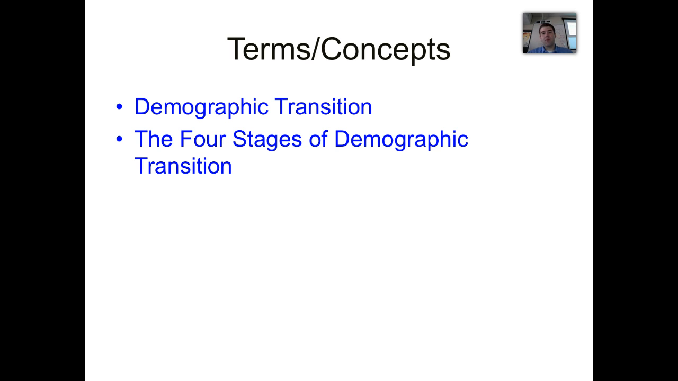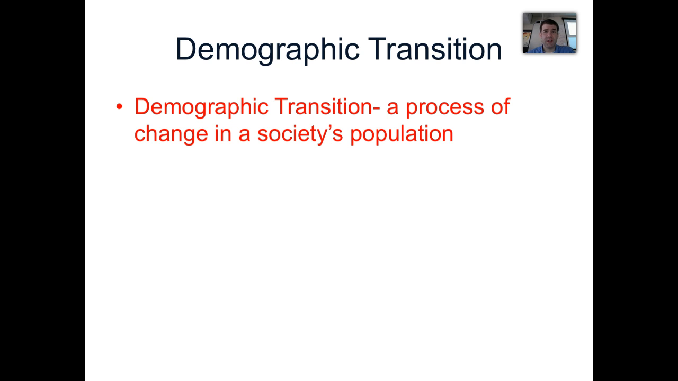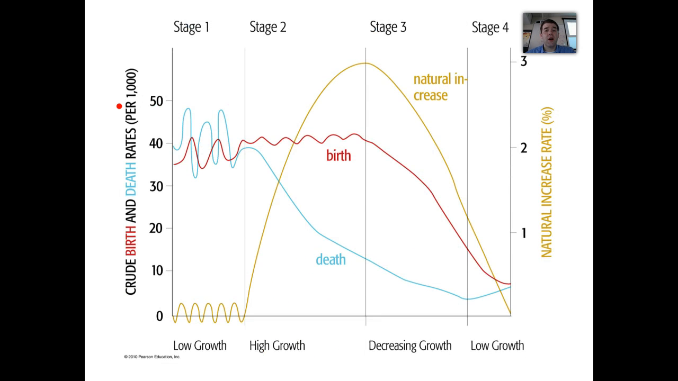Now there's a 5th step, or stage, that's been debated by some. We're not going to cover it in this video, but we will discuss it in class at some point. The demographic transition, by definition, is a process of change in a society's population. And so when we look at the stages as a sum total, what we see is